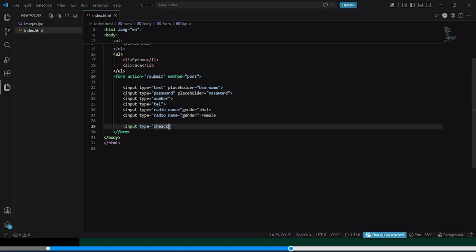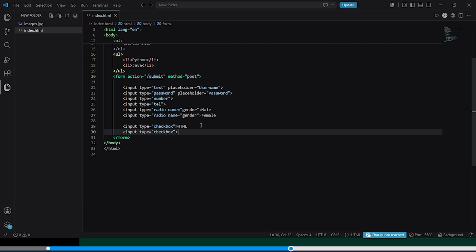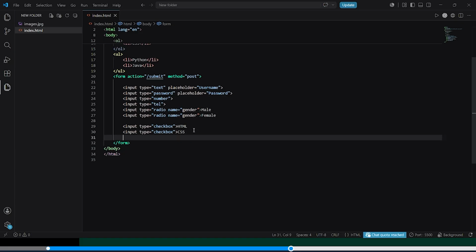The form topic is not very hard. It's a simple process. If you know which type of input you need, you can add that input type. Okay, now checkbox. Now I add skill sets. Okay, HTML, CSS and